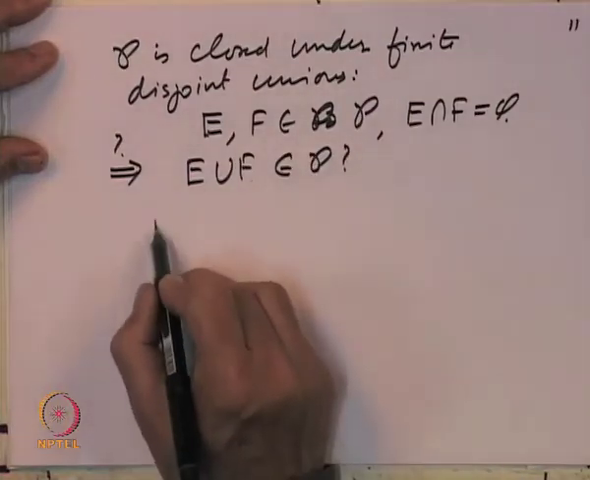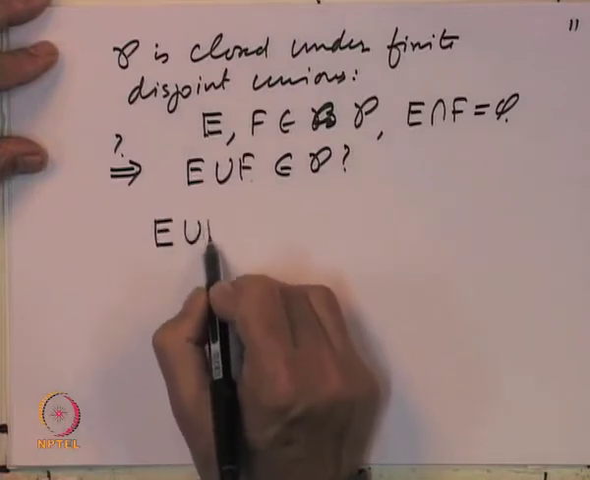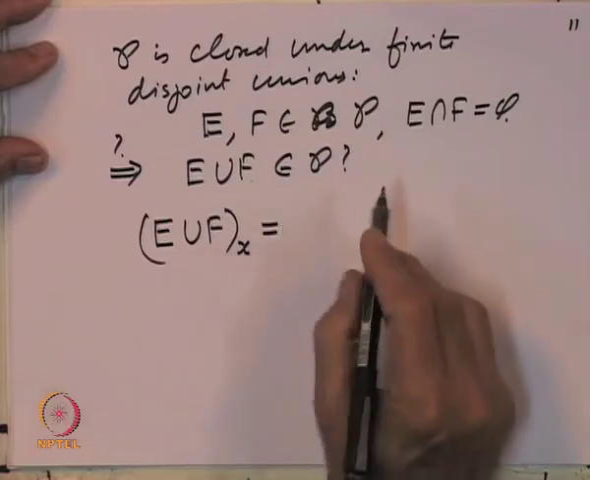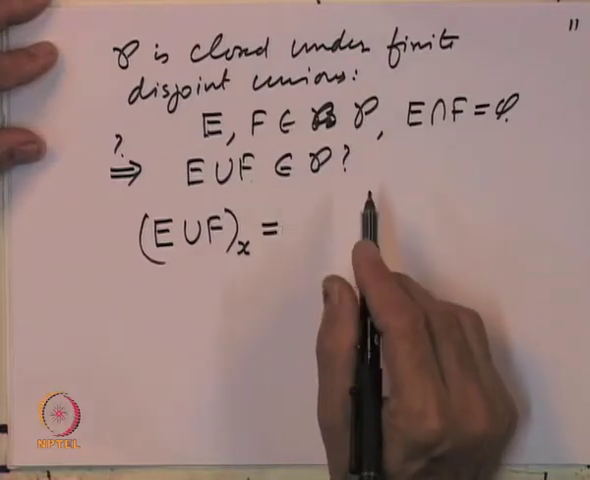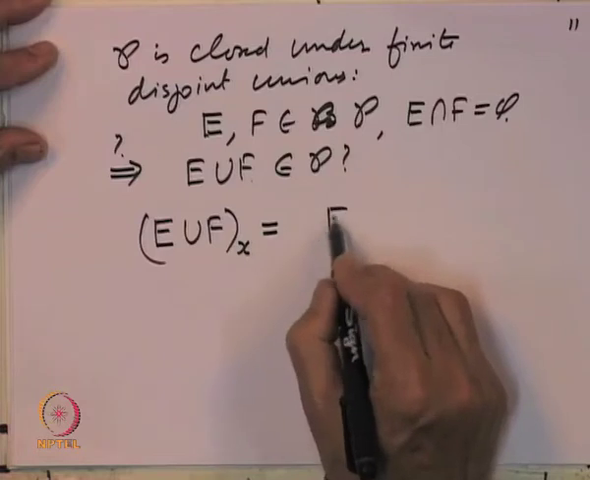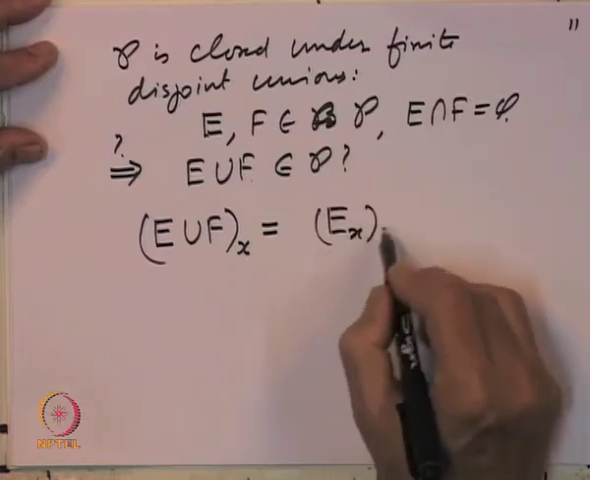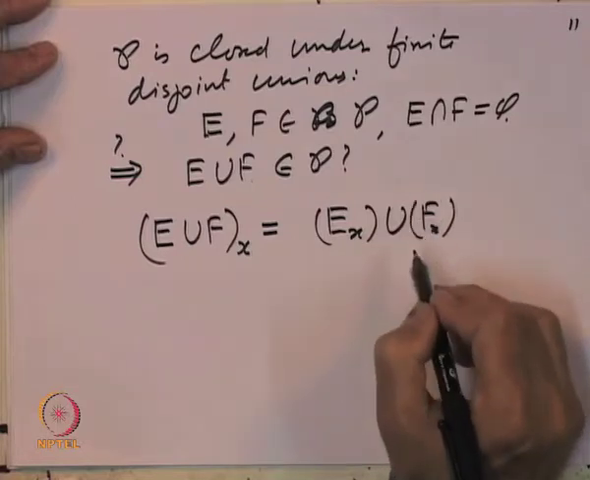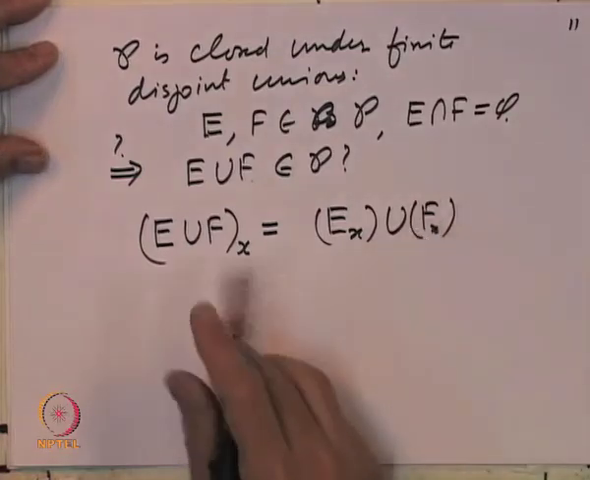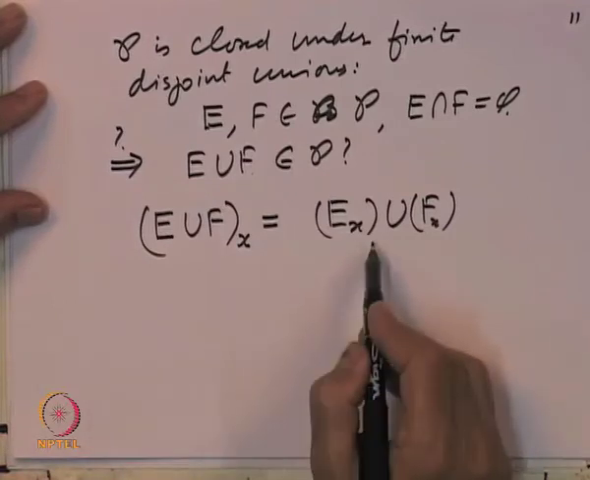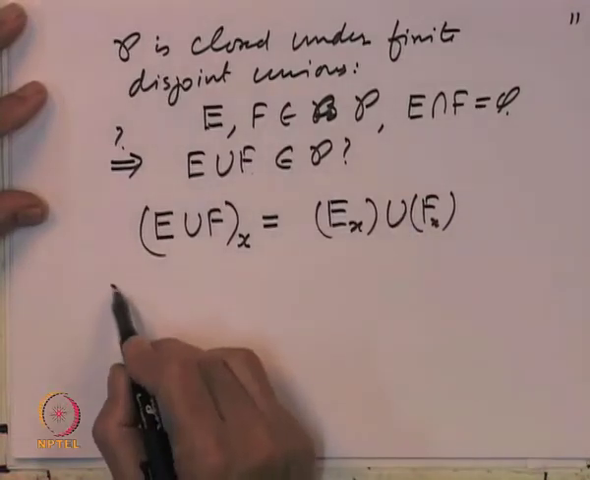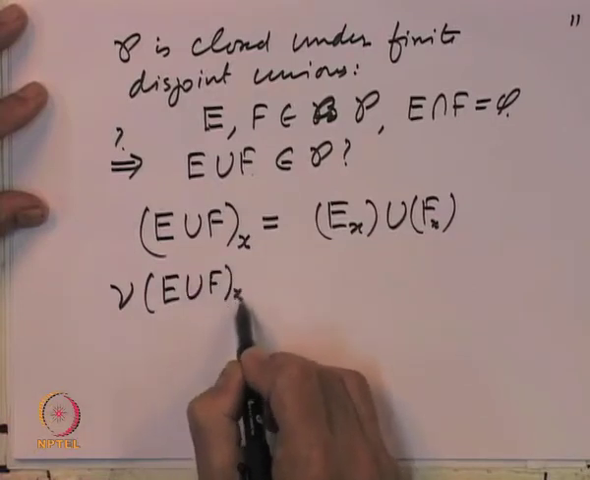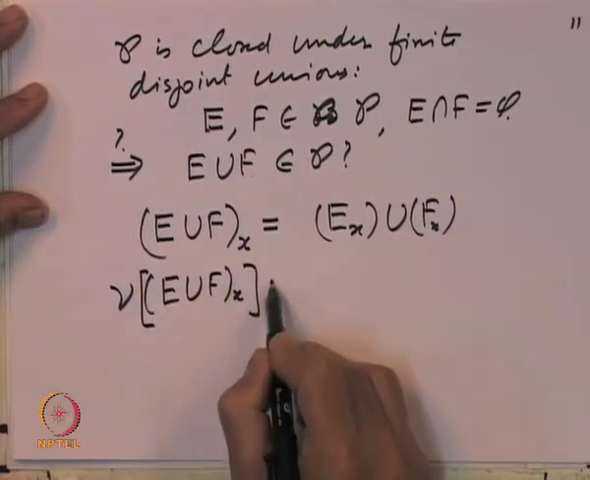So, let us start with looking at the sections of E union F. Its section at a point x, by the properties of sections, the section of the union is the union of the sections. So, it is the union of E x and F x. What is going to be nu of the section of E union F? So, that is